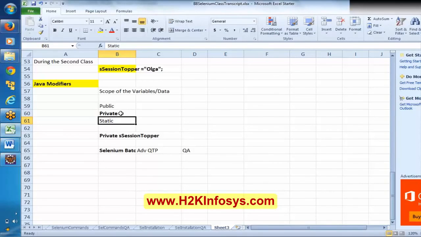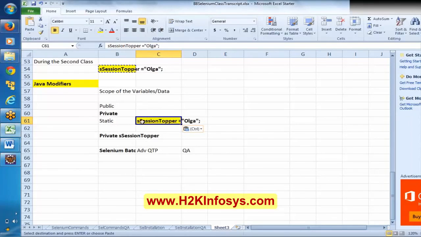Basically, it is not talking about scope. It is talking about, say if you mention here the session topper as Olga, if you mention static, then if you want to change this information, that is not possible.